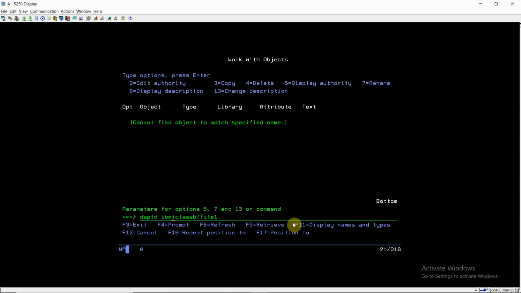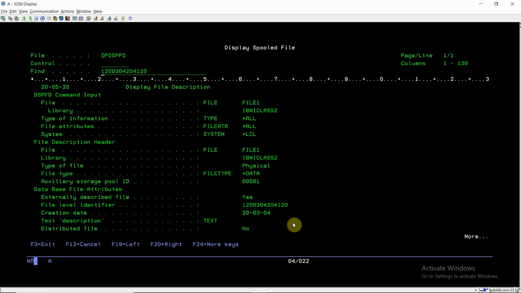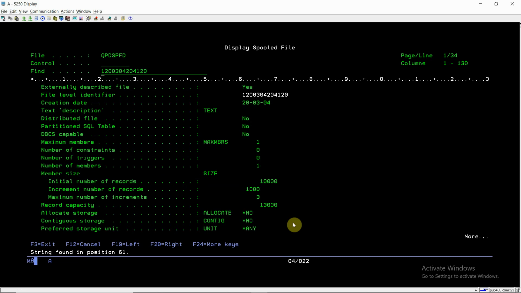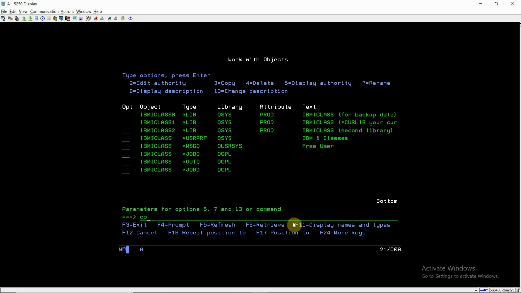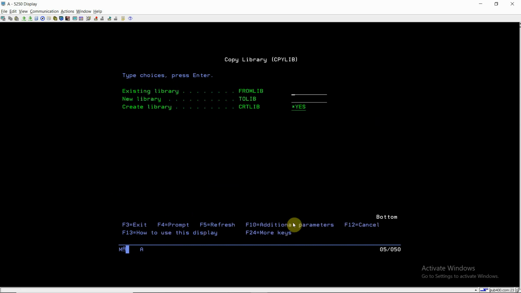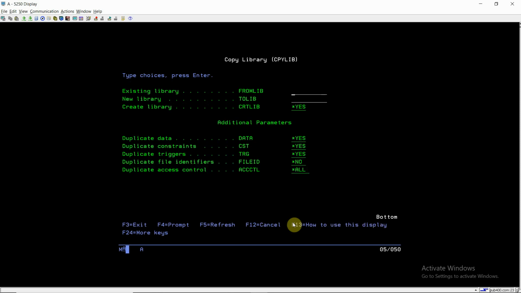This is in IBM I class B, where I copied the objects from the library using the copylib command. In both libraries, file1 has the same file level identifier, and the member level identifier will also be the same. So this is something which can be handled with the copylib command. We can handle many things using the copylib command in IBM I AS400.